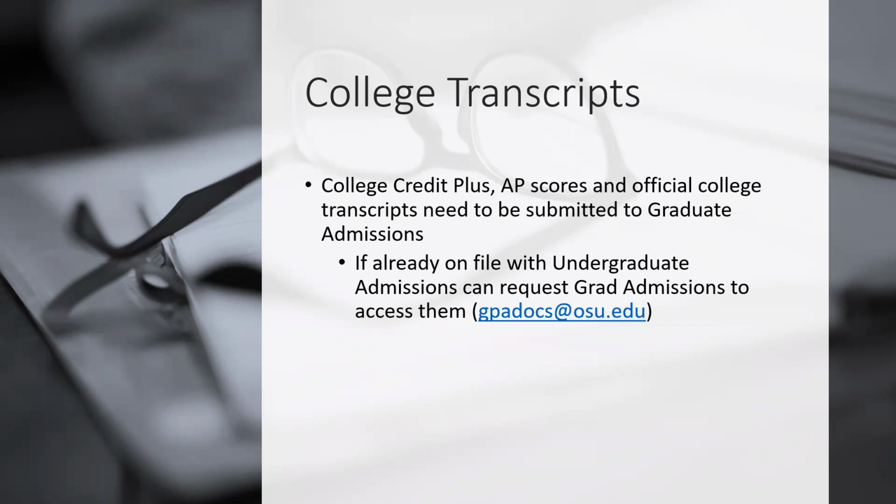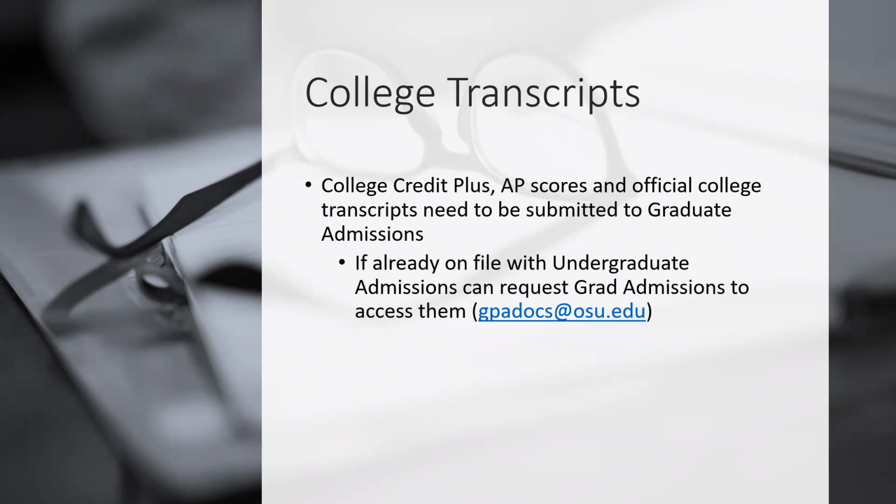For the current Ohio State students, you might be thinking, well, I'm good, right? I already applied, I'm admitted, I'm here. Central Admissions has all my information. Well, I can tell you that when it comes to processing not only applications, but application materials, Ohio State in general, we see millions of documents. And when you applied to the university as an undergraduate, those documents were housed over there with Central Admissions. Now that you're applying to a professional program, we want to make sure that those documents get sent over to the appropriate people so that they can get those verified and back to Todd and myself.